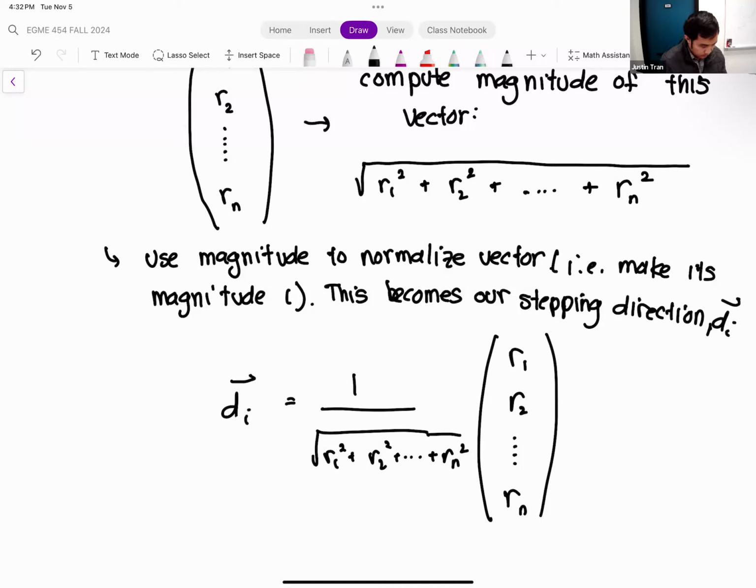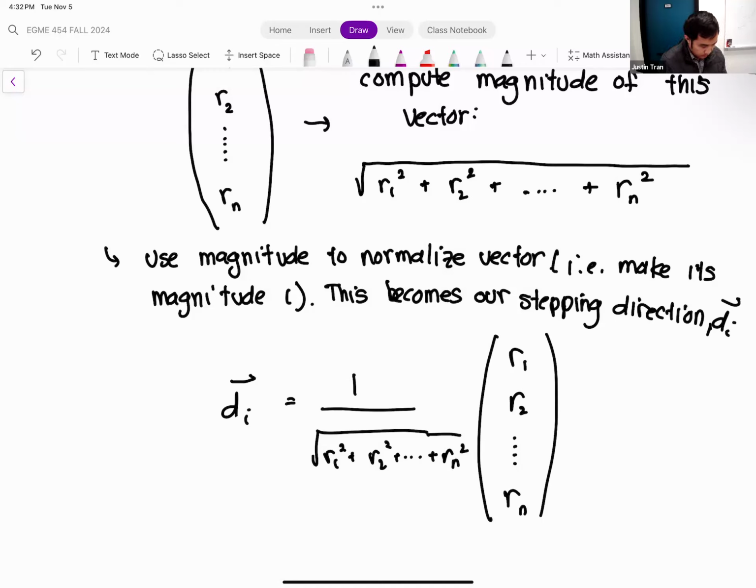All right, so now that we have our random direction, we can go ahead and take a step. We're going to use our stepping formula that we wrote down before we launch into the algorithm here.